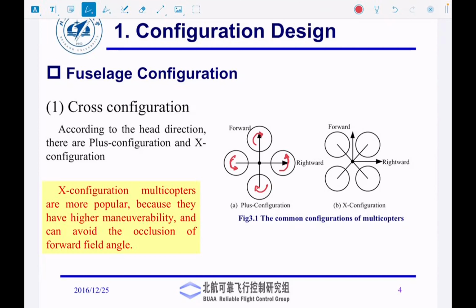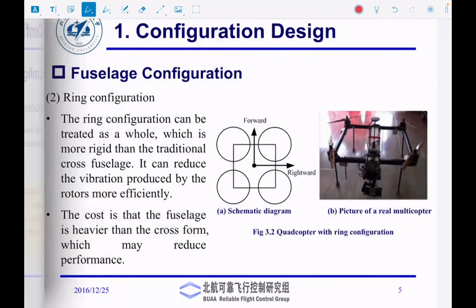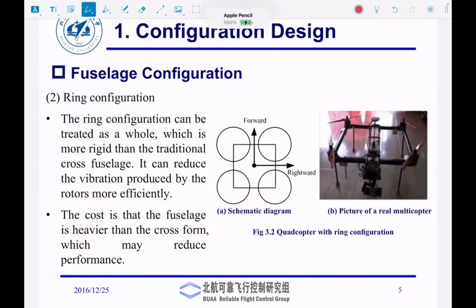So I would encourage you to play with that drone, and then you will realize that not only is that drone very well designed in terms of its mechanical hardware, and we'll see what features are implemented in the drone, but from a control system point of view, that is also a fantastic design that makes that drone very stable. So next thing is what type of fuselage you want,